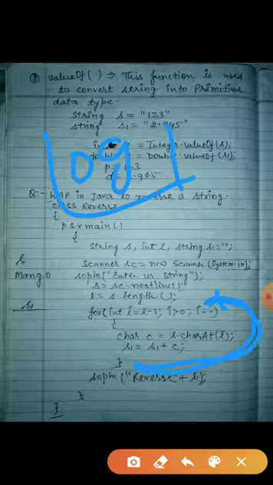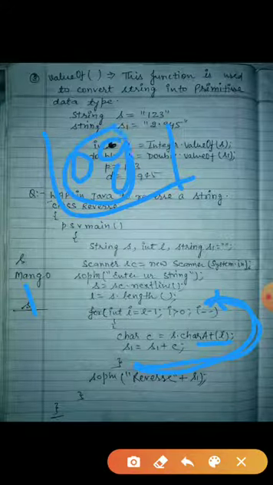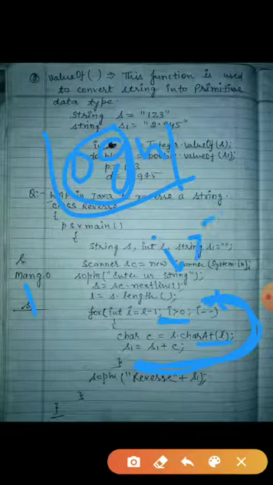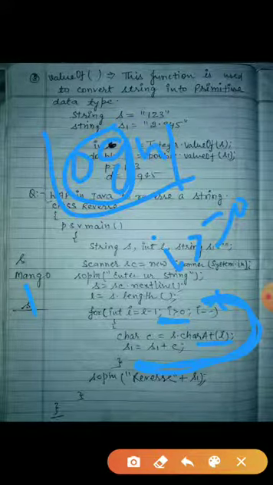Now what will I be here? 2. So charAt 2 will come. So s dot charAt 2. charAt 2 means N. N will go in C. Again S1 equals S1 plus C. So what is in S1? OG. OG plus N. OGN. So same thing, it will move till I is equal to 0. Here again you will write I greater than or equals to 0. So when you come out of the loop, you will print S1.